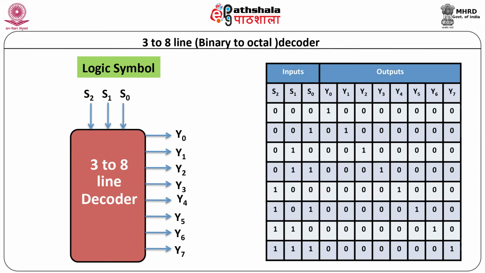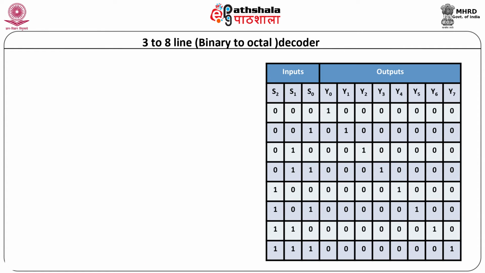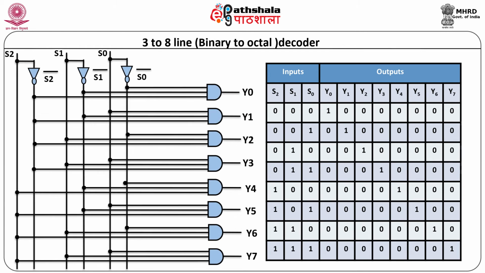From the truth table, it is clear that the input binary code decides which output is to be activated. Let us now implement 3 to 8 line decoder. The logic diagram for 3 to 8 line decoder generates 8 product terms corresponding to each binary code applied at the 3 inputs. Thus, there is a need of 8 3-input AND gates and 3 NOT gates to generate the complement of input along with uncomplemented input. It is possible to verify the truth table by providing input conditions and checking whether desired product term is activated